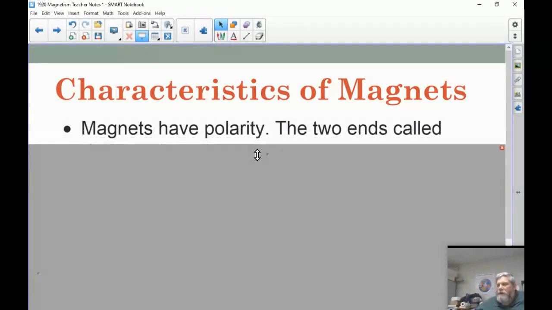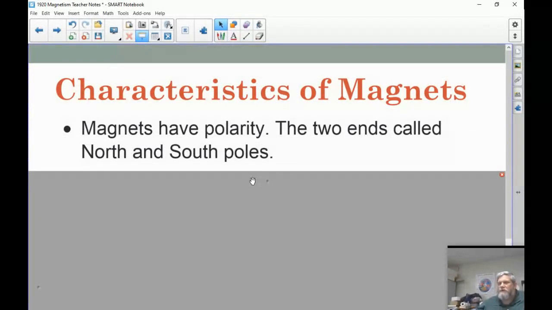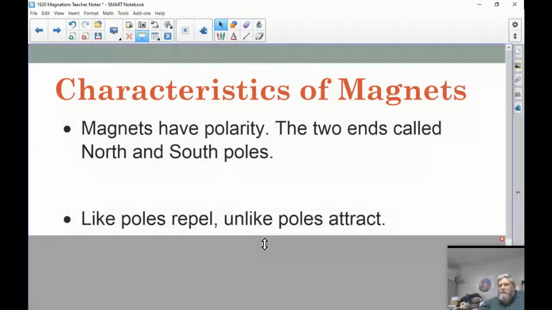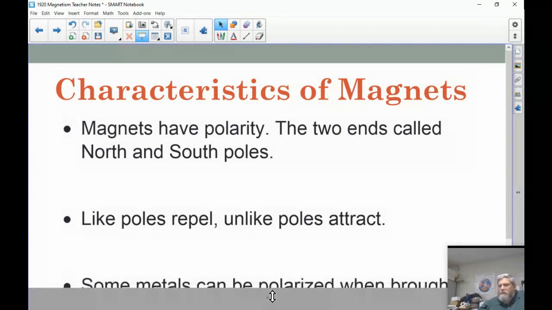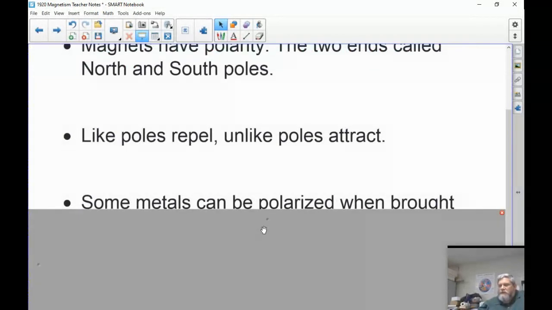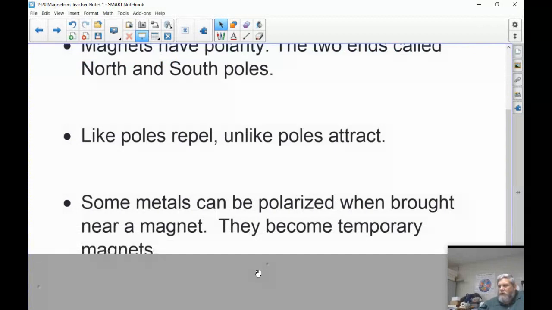Okay, so we know that magnets have polarity. Two ends are called the north and the south, as opposed to plus and minus. We know that like poles repel, unlike poles attract. And some metals can be polarized when we bring them near a magnet, and they become temporary magnets. Like, for instance,